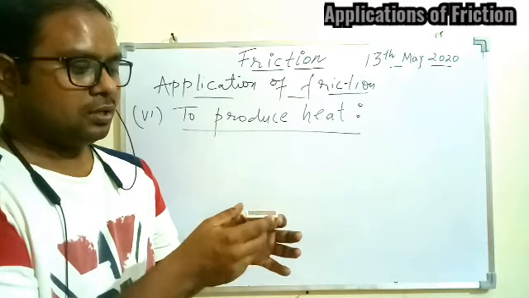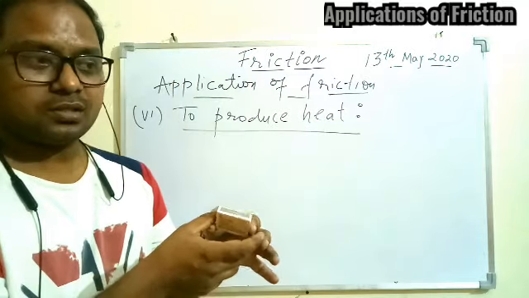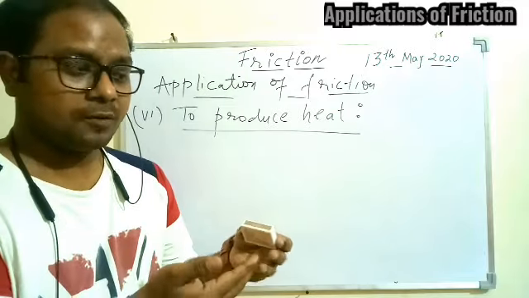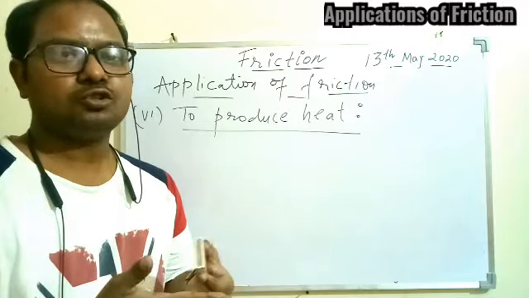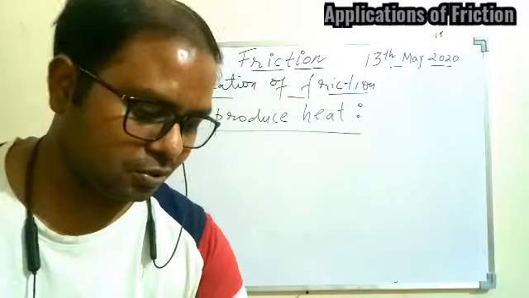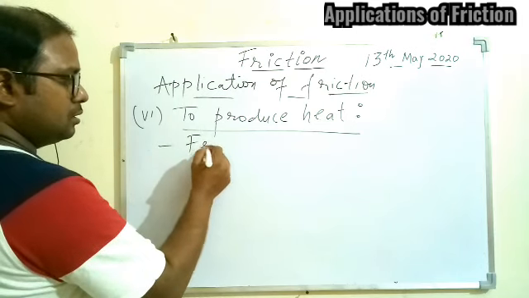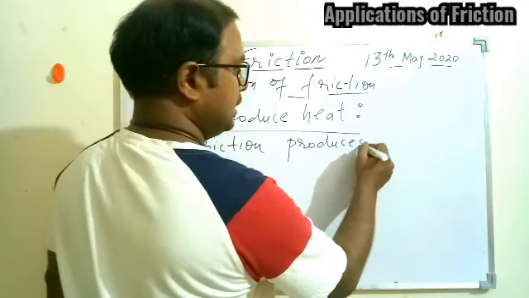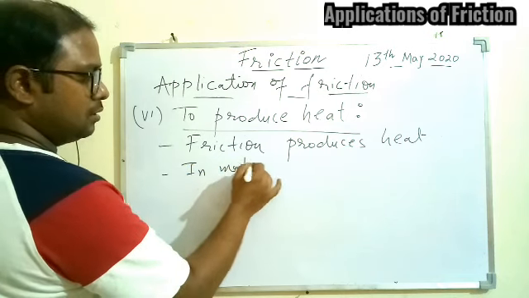So that is very clear. Once we apply oil or water, this surface will become very smooth, and if there is smoothness, friction will be very low, and because of less friction the heat may not be produced. So by increasing friction we can have heat, which can be utilized in daily life, and the matchstick is totally based on the same concept. So we can say friction produces heat.